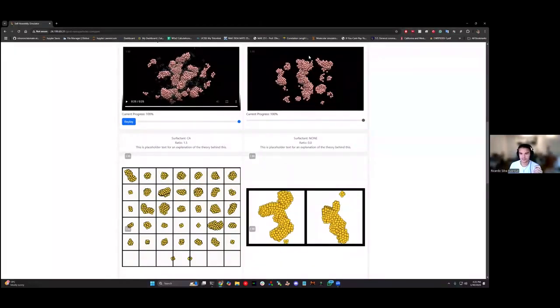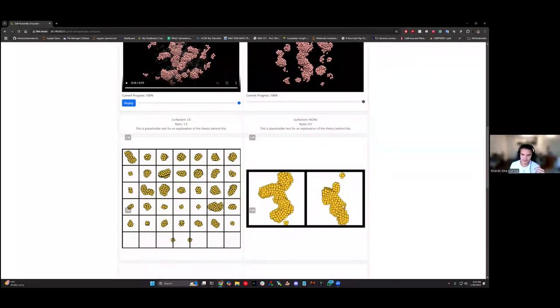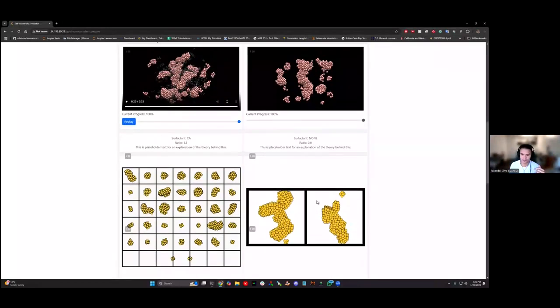While on the other side here, you can see that there's these bigger clusters that got formed. These are even bigger. It's just that we didn't wrap them around periodically like we did for the other ionic bonding systems. But you can kind of get a sense of the size of these nanoparticle clusters here without any surfactant, right? And as I mentioned, if we let the system sit at room temperature, so the simulation was running these systems at room temperature,